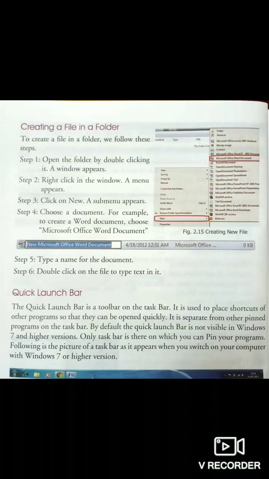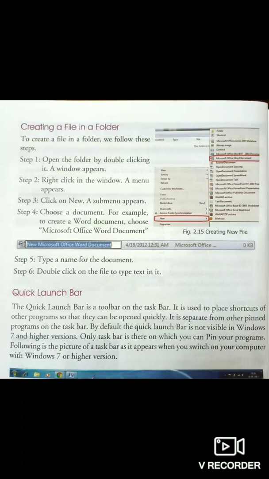After that, you will get a menu. Click on the New option of that menu and again you will find the same type of submenu appearing. After that, choose a document. Just for your example, you can create a Word document. You have to choose Microsoft Office Word document.